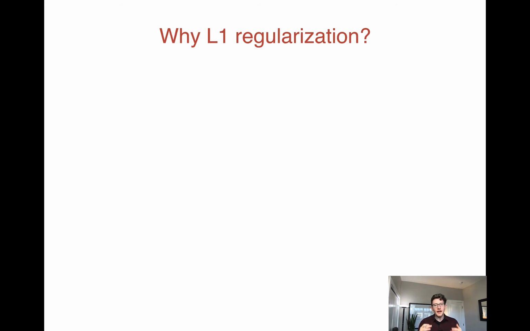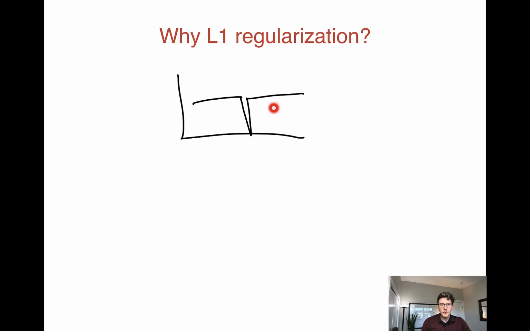So I think it's important to think a little bit about why it is that L1 regularization gives us 0 weights, and why we wouldn't want to do L0 regularization. So the main reason that L1 regularization is very widely used and L0 regularization is almost never used is that L0 regularization is very difficult to optimize. So if we look back at that L0 objective function, where we put a penalty on non-zero weights,